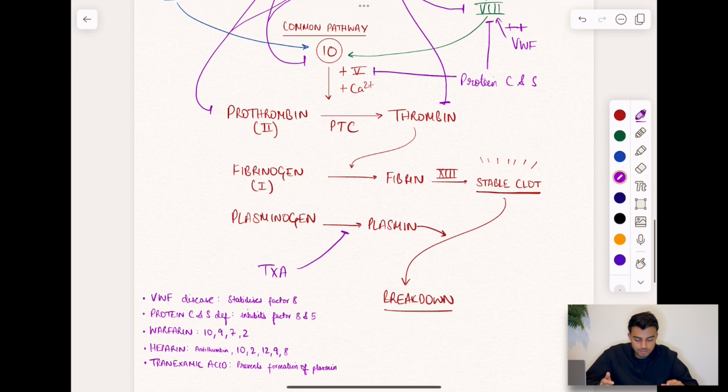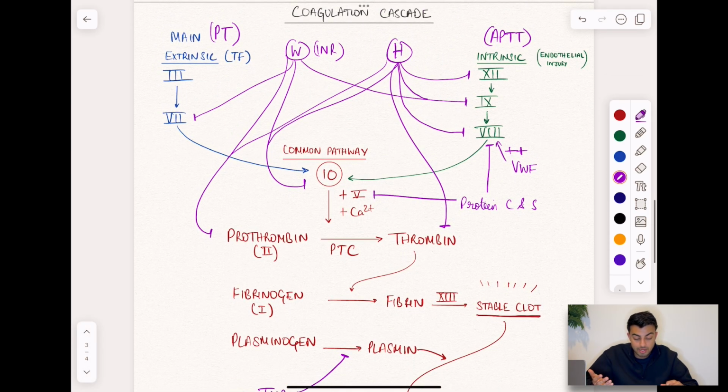And I think that covers all of the information that you need in regards to the coagulation cascade for the